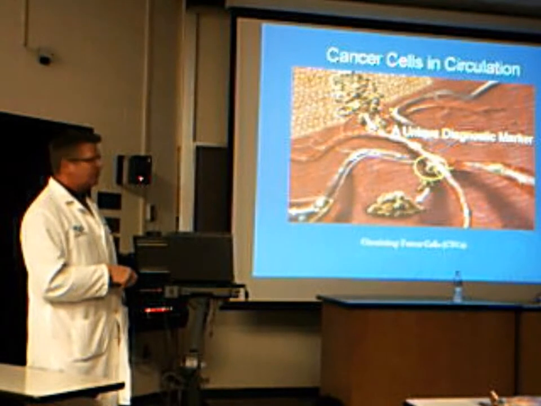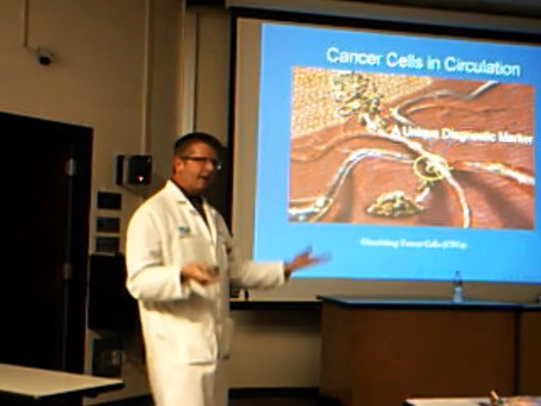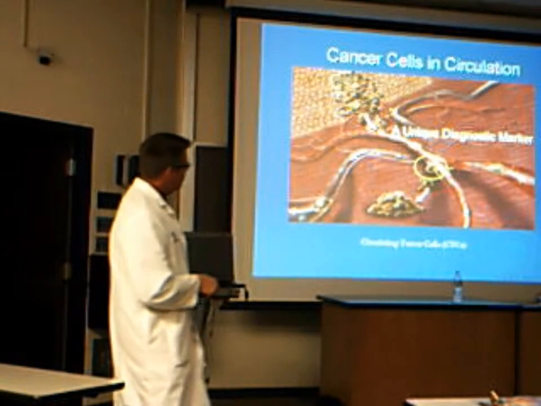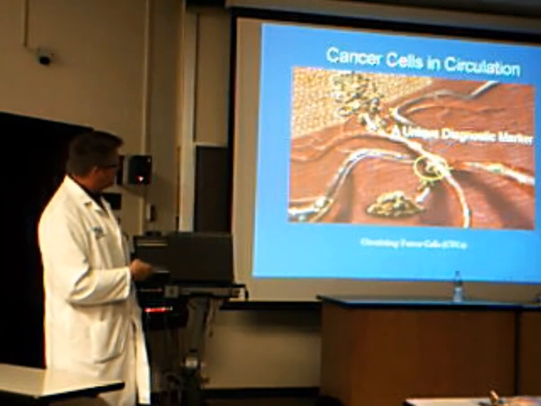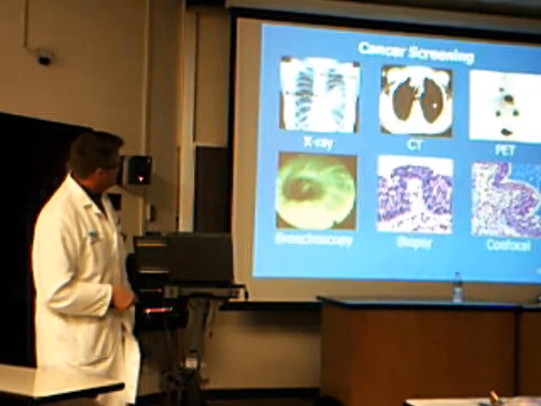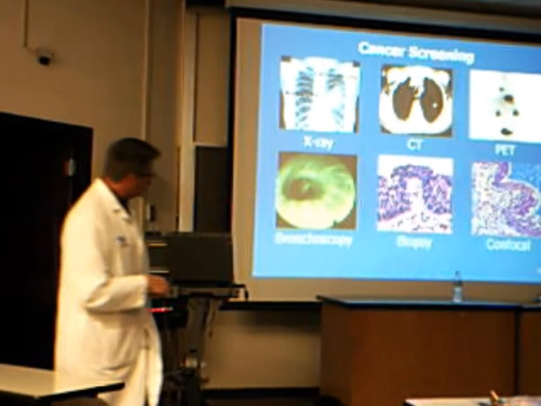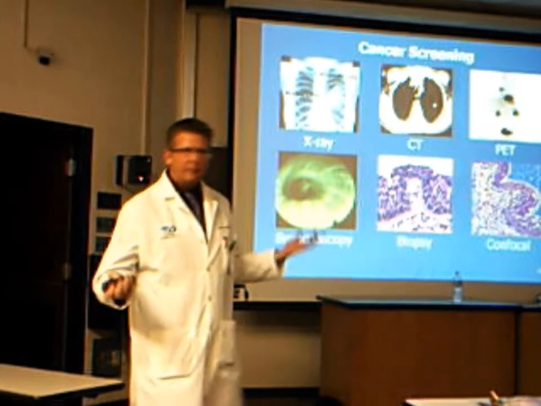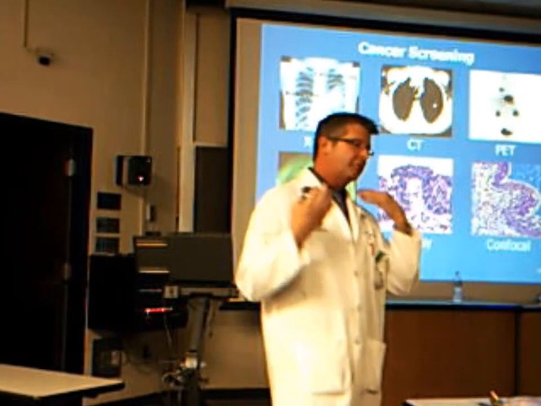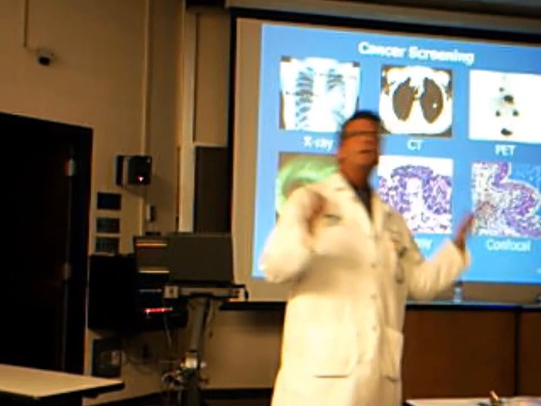Because once it forms this, then it's up to radiology to pick it up, maybe 3-6 months later. So if we can find the circulating tumor cells early. This is what we do now. We have chest X-rays, we have CAT scans, we have PET scans. We do bronchoscopies where we put scopes down your throat, up your rectum. We look